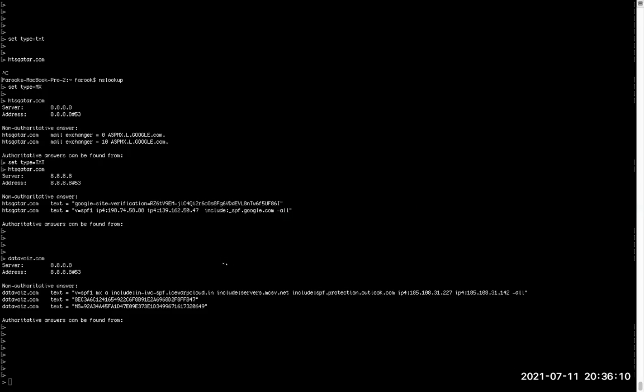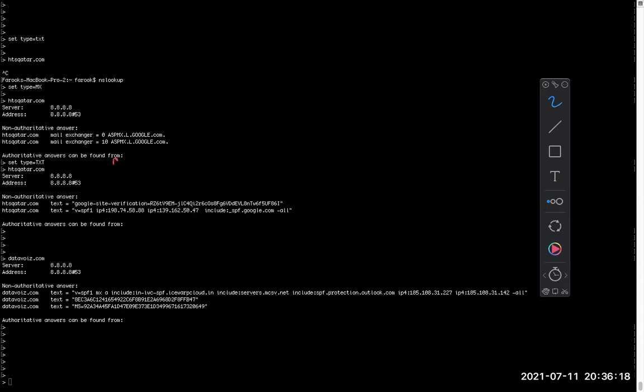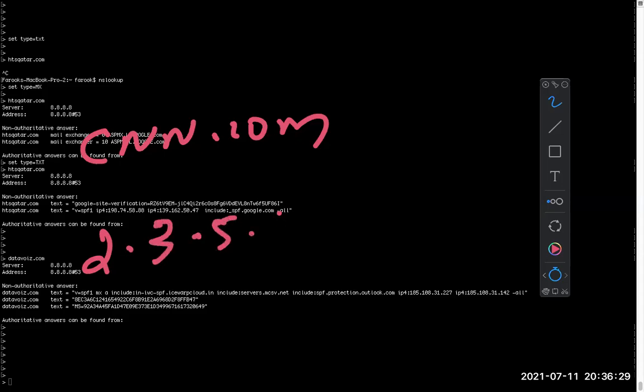Reverse DNS is something I'll explain. You have CNN.com and it's mapped against an IP, let's say 2.3.5.6 or something like that.